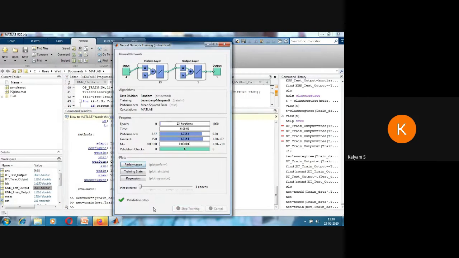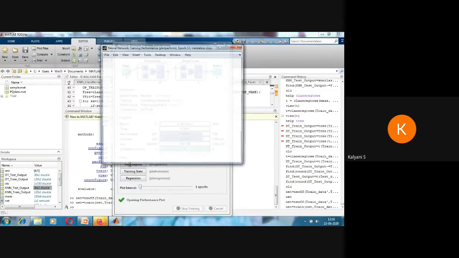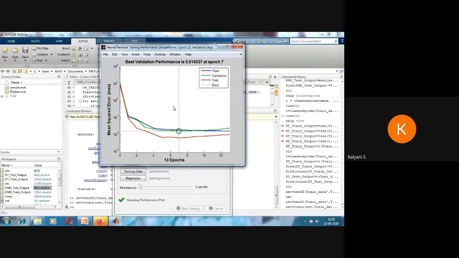So here the training process is running, and we are having one input layer, hidden layer, output layer. See, by default it is taking the Levenberg-Marquardt algorithm, trainlm, and the performance is based on mean square error. It has taken 13 iterations. All this performance goal is being given here. So you can see the performance plot. All this you can use in your research article when you present the results of MLP.